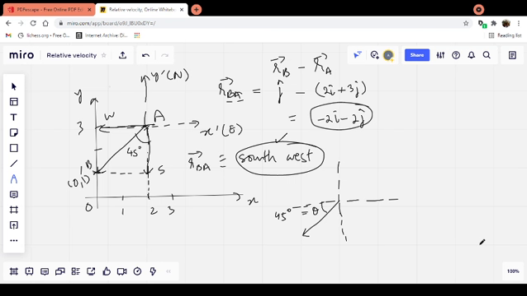So what happened is that the speed of the train is slightly greater than the speed of the ticket collector. That's why, with respect to the train, or as seen by a person inside the train, the ticket collector is moving in the backward direction, in the southward direction, whereas the same ticket collector, as seen by the person on the platform, goes away from him, that is in the northward direction. So this is the difference.